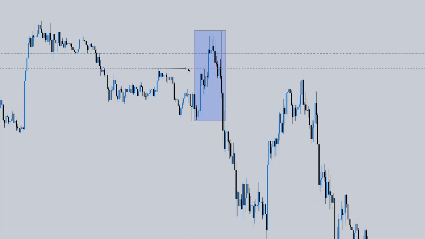So now this is the final one I want to take you through. Price has created some highs over here. There's a high, there's some highs, there's all these highs as well. They've run out the highs, as you can see, run out all the early sellers, run out those buy stops as well when they drag price back down into the range. They break beneath the low of that last up close candle. The best place to enter would be when price returns back to this last up close candle. So anywhere within this last up close candle, the best place to place your stop loss would be above the